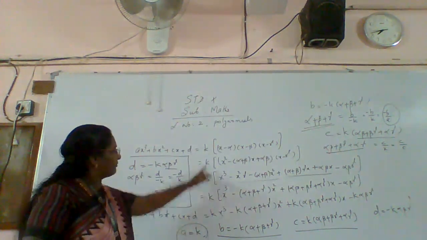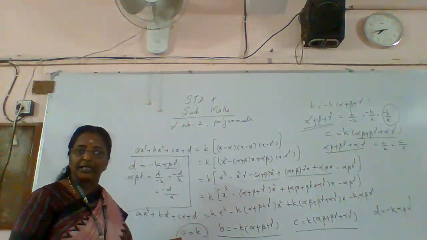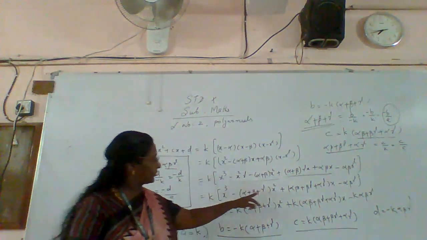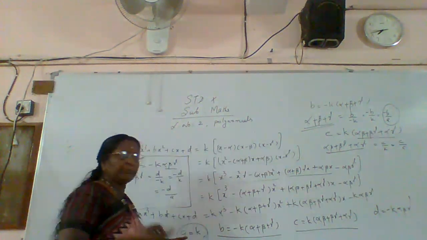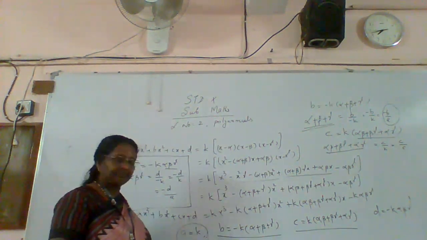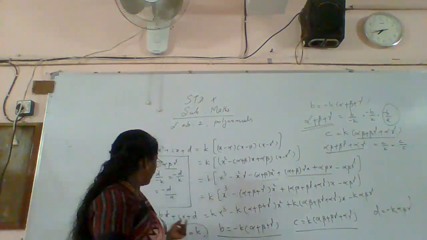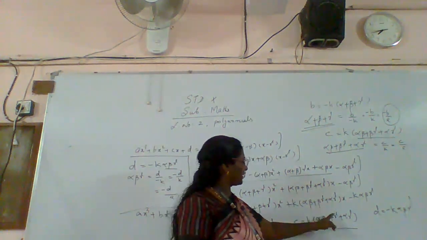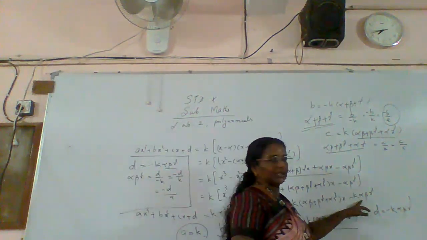This much is very clear for you, that problems are not there. We will take x minus alpha, x minus beta, x minus gamma. You have to open the brackets and take the product, and then arrange the x cube terms together, the x square terms together, the x terms together, and the constant terms. After that, compare the coefficients. Here the coefficient of x cube is A, and here the coefficient of x cube is A. The coefficient of x square is B here, and here it is this one. The coefficient of x is C here, and here the coefficient of x is A into alpha beta plus beta gamma plus alpha gamma. And then the constant term D, and here also we are taking the constant term.